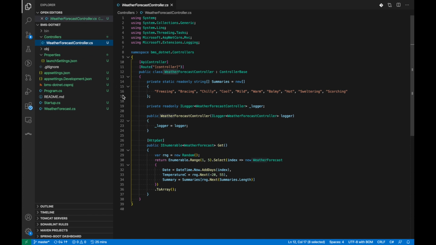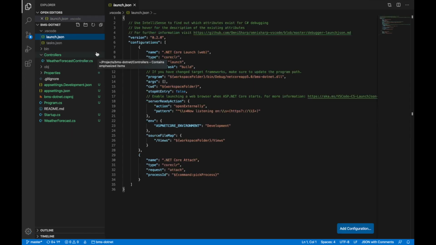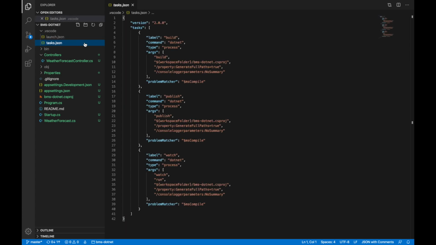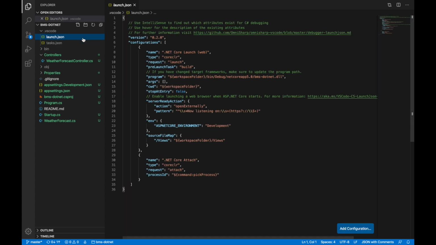Now how do we debug this application? Let's say this Get method is getting called, so we'll put a breakpoint here. For debugging this application, we have to make sure that launch.json and tasks.json are present in a folder called .vscode.